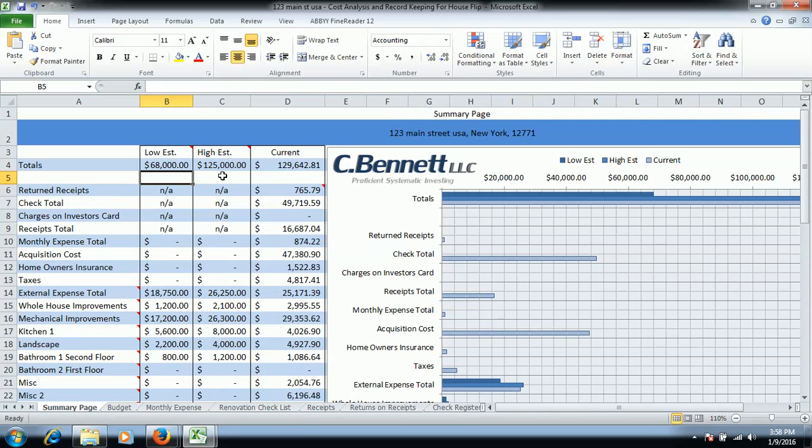On the summary page, it's pretty much a summary, obviously, of all the other sheets that you see down here. As I was looking at the house, the first time I looked at this house, I made a low estimate, which you see here, and a high estimate of how much it costs to repair everything that I plan on repairing. Now, normally these numbers aren't this far apart. Normally when I look at a house and I make an estimate, I don't think it's going to cost 68 at the low end, 125 at the high. But either way, as you can see, this property currently